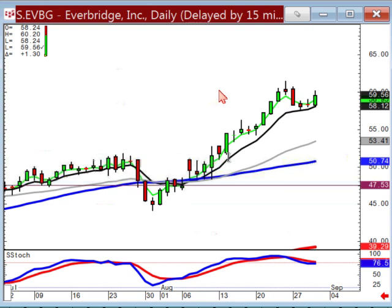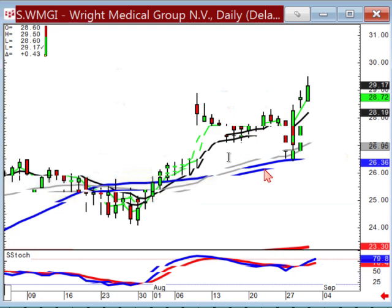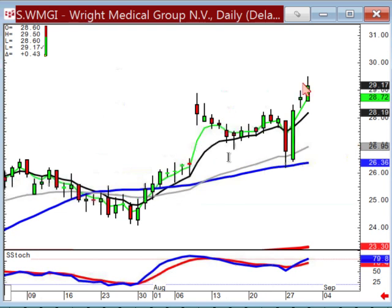Remember what candlestick signals are. They are the accumulative knowledge of everybody buying and selling during a specific time frame. So when this closed here, what becomes the predominant analysis? The daily. What happens to your intraday charts? They're null and void